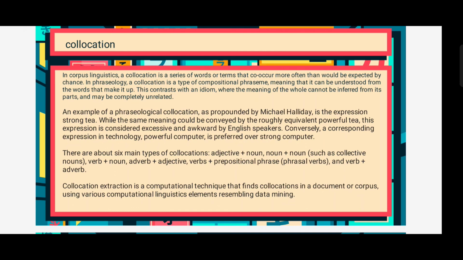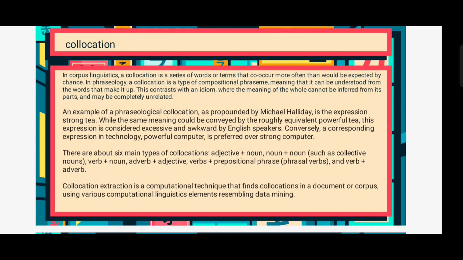This contrasts with an idiom, where the meaning of the words cannot be inferred from its parts and may be completely unrelated. An example of a phraseological collocation, as propounded by Michael Halliday, is the expression strong tea,